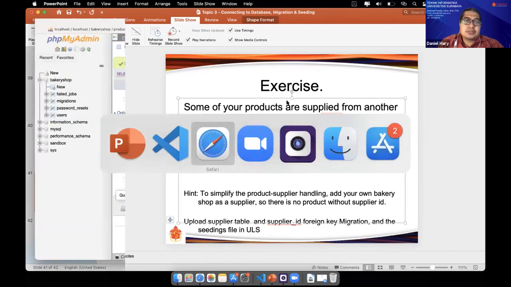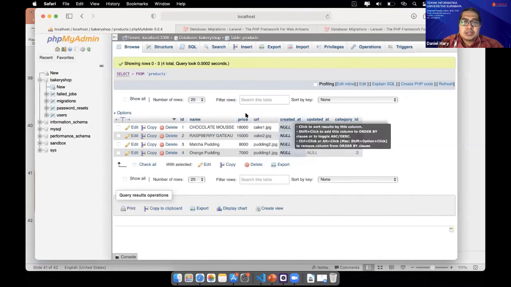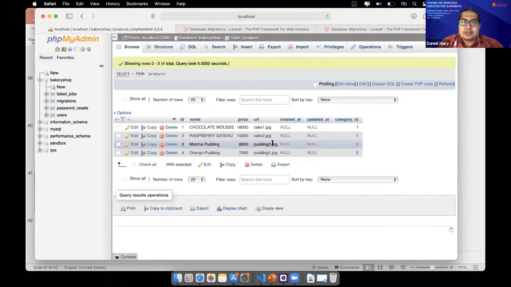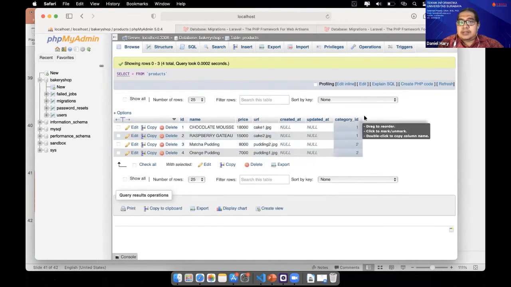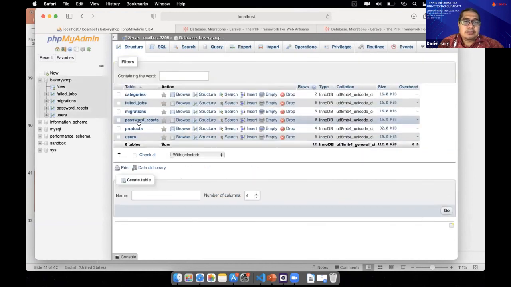So next will be our product. This one, product should have another column here, supplier ID, and you have a new table suppliers like categories. This is suppliers.